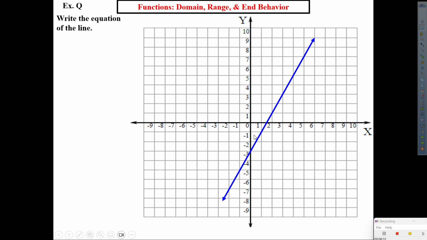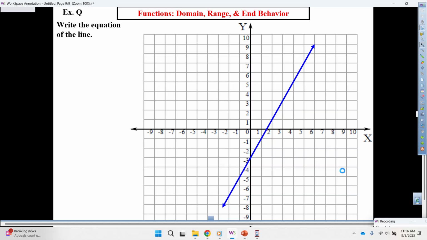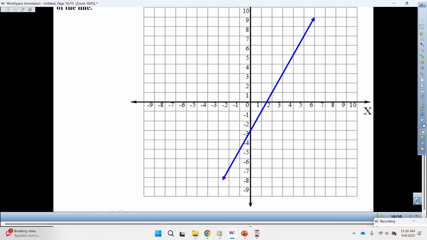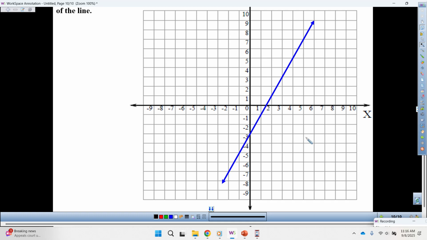And we go straight to our graph paper. On your graph paper, go to the side of the small graph, copy this line. Now, this is more like a review. I just want to make sure that we have this in our system. So to guide your graphing, let me give you 2 points just to make sure you got it. This is example Q. Make sure you label it, example Q. I'm going to give you the points, let's do 2, 1,